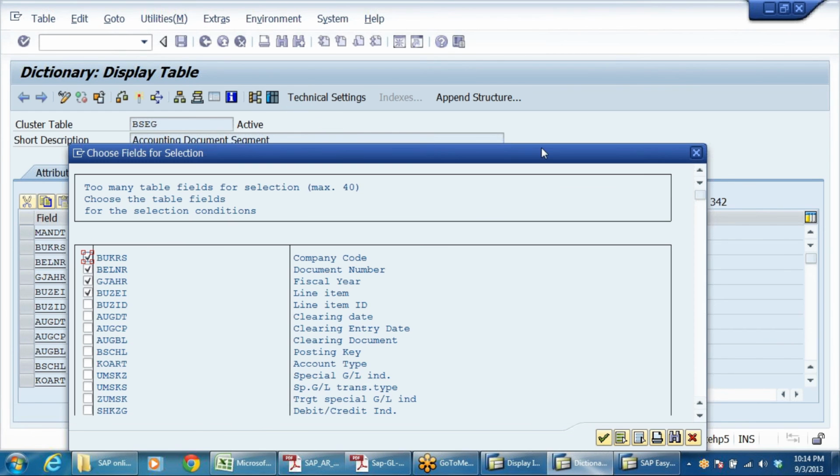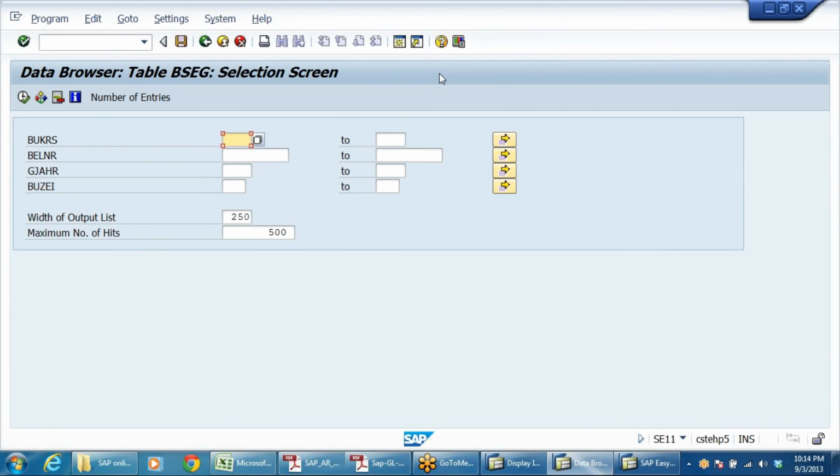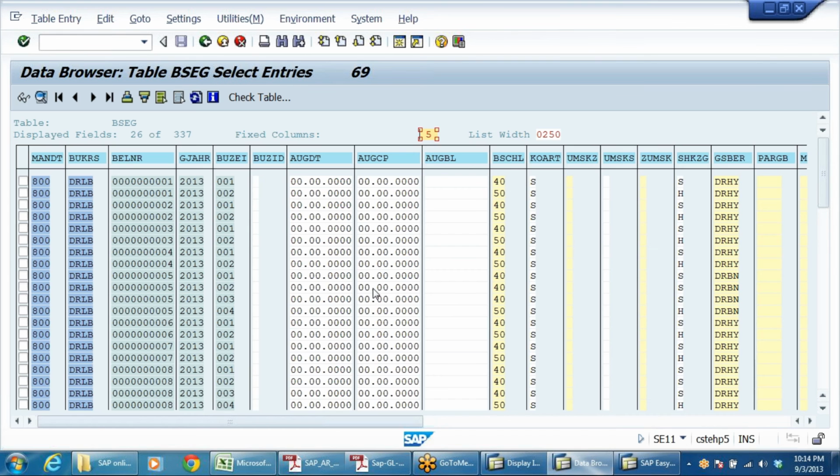Click on this. I'll show you the actual tables. Right, BUKRS means company code. So our company code is DRLB. If you don't give the company code, the system will show you information of all the companies, but that is not required for us. See, DRLB.